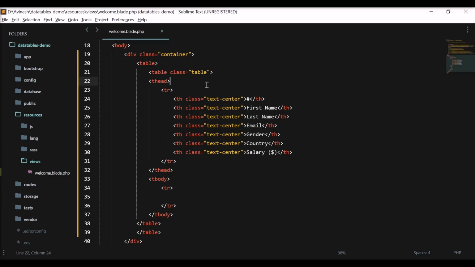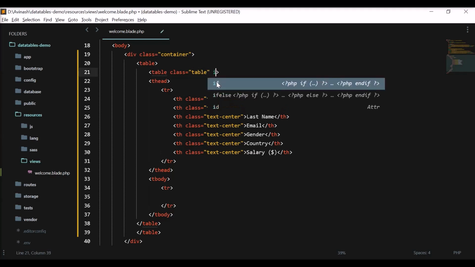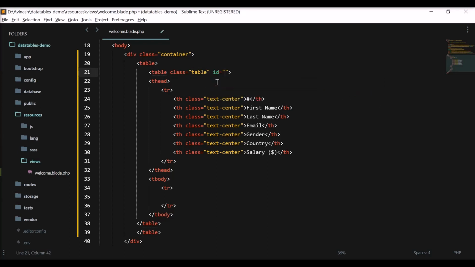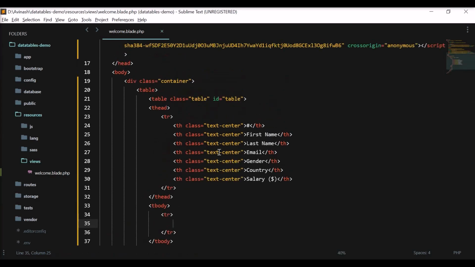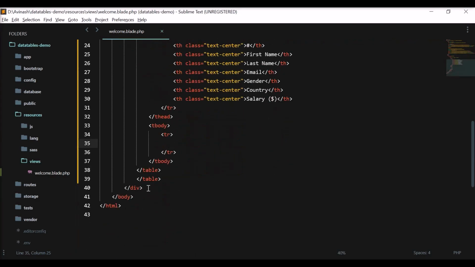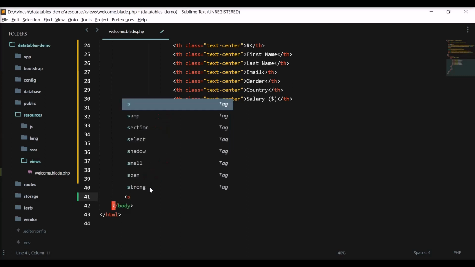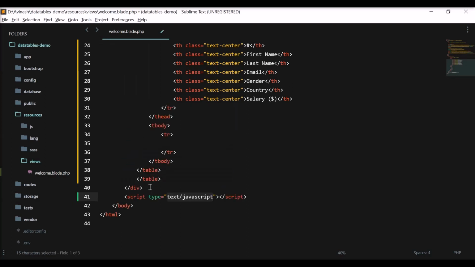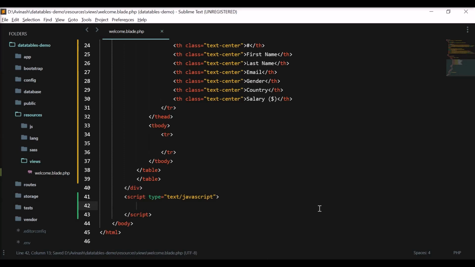and then we'll use data tables on this table. So for that I'll add an ID here so that it can be recognized by data tables later. So I'll do the ID of data table. So ID of table. So I'll create a script tag here. I'll create one script tag here. So on the document load, we'll just initialize this table with data tables.